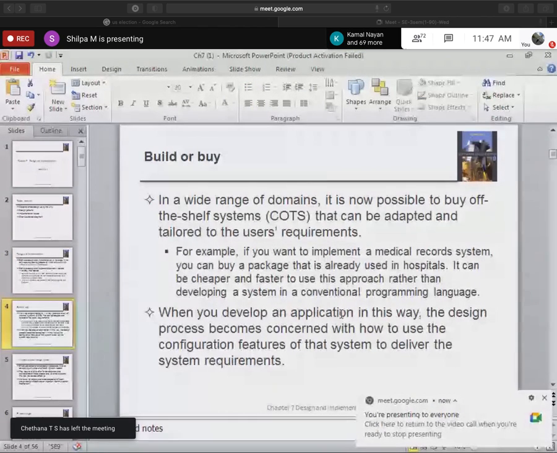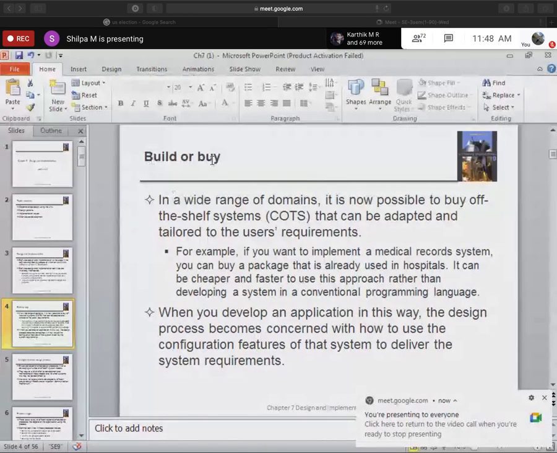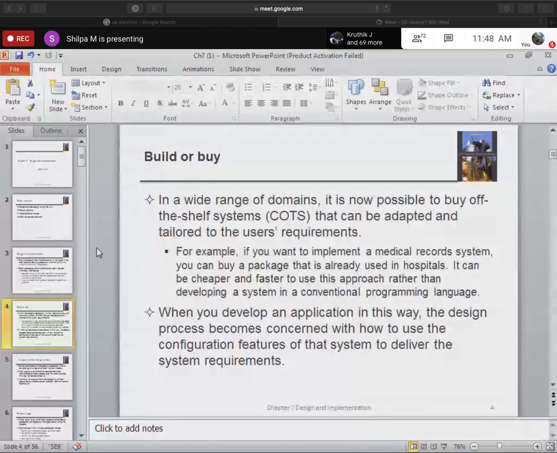Now, there are two trade-offs involved. One can be build or the other can be buy. Let's say, for example, there is something known as COTS, commercial off-the-shelf systems.